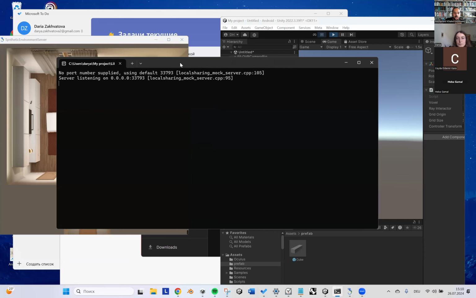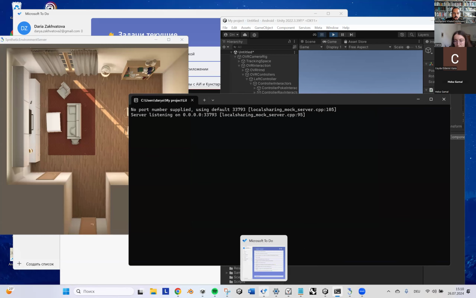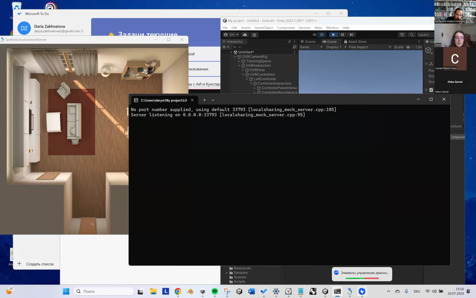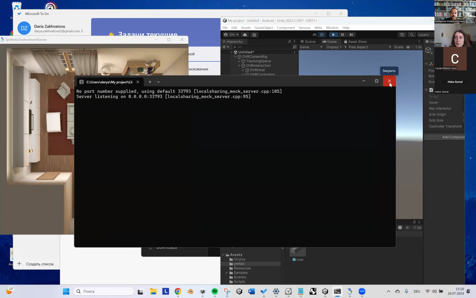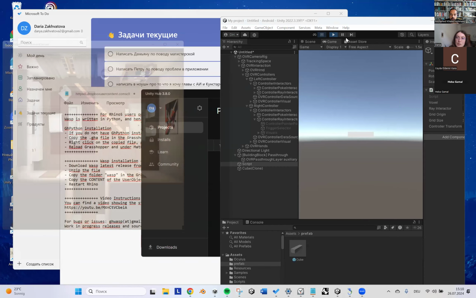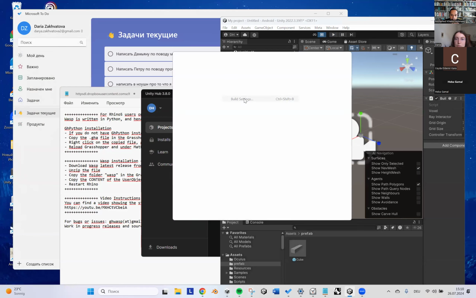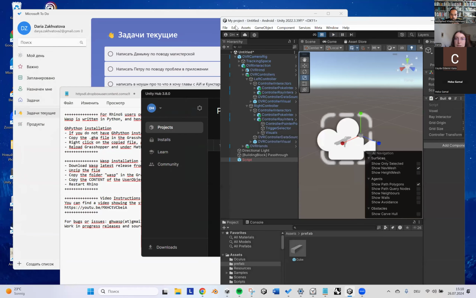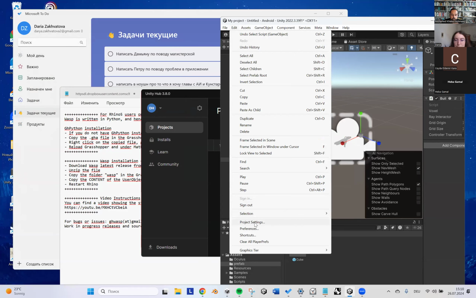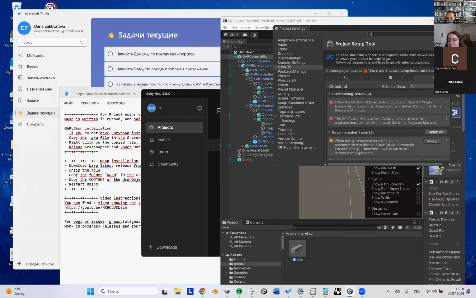But it should also open the Meta XR simulator. Maybe I need to install something more for it. No. Maybe just stop the thing. I also have the problem when I go to... no, it's not build settings, it wasn't project settings. Yeah, here you see it was the problems here, and I made this fix all, but here